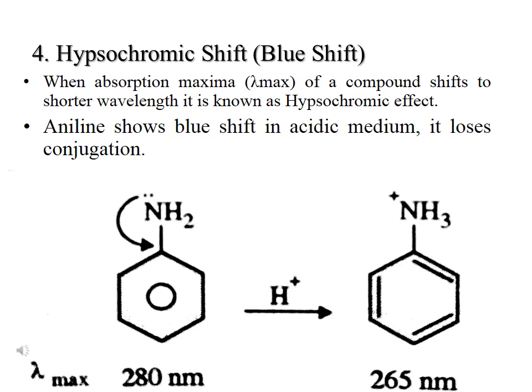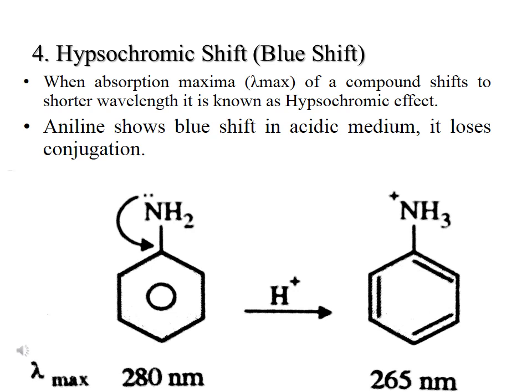In the example, it is clear when aniline is subjected to the acidic medium. Now what is going to happen? There is a conjugation loss. Conjugation loss how? Now this H plus ion which is present in the medium is going to combine with NH2 to form anilinium ion. As there is a plus charge over nitrogen, the conjugation